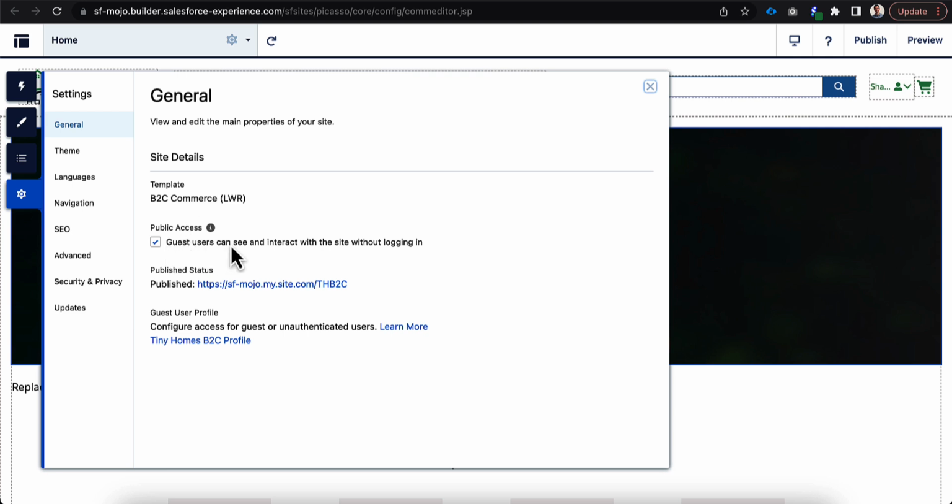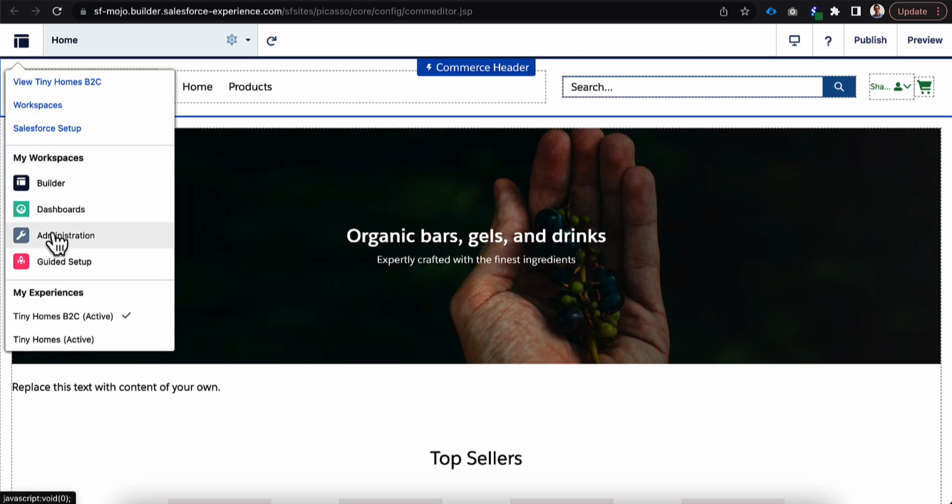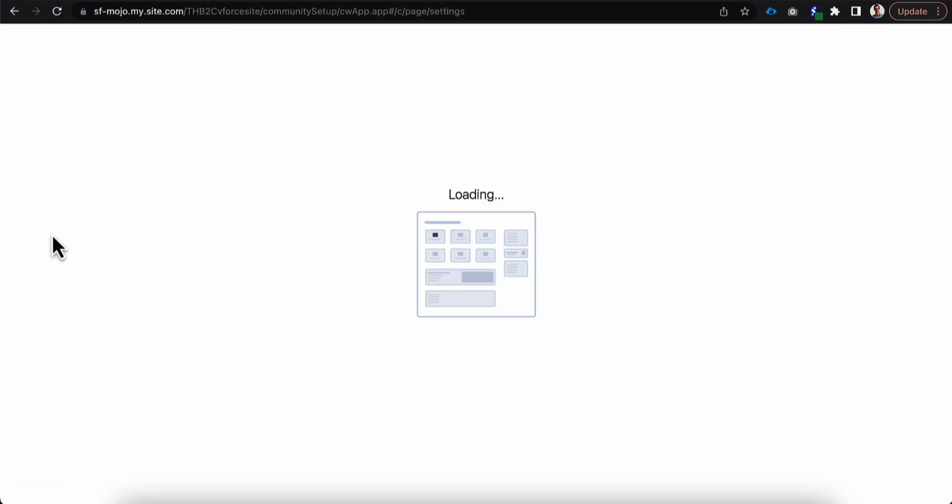We want guest users to see and interact with the site without logging in. So we definitely want that. We'll click the checkbox here. You'll see that it's linked our guest user profile automatically. So we don't need to do anything there, but you will need to check this and then publish it afterwards. And once you've done that, you will want to stay here and jump over to administration because there's a little